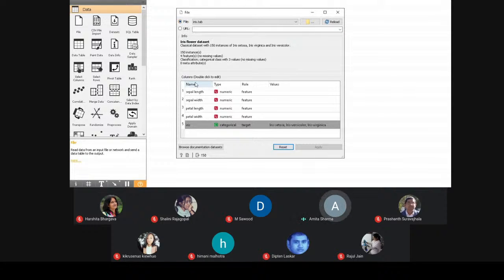What this interface shows is the various columns available in the data set. As in this case of Iris, we have the following columns. We have 5 columns, out of which the first 4 are basically the features of the particular item, and the 5th is basically the target variable or the predictor which we want to predict, which is again a kind of categorical data set. So this is the basic idea of what the data is all about, and it also gives you the details about the number of instances present in your data. This is the simple way you can select the file, which is the first step.